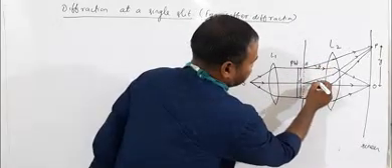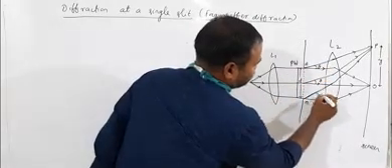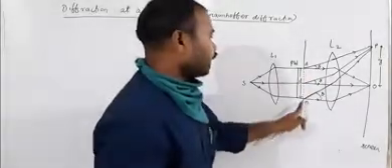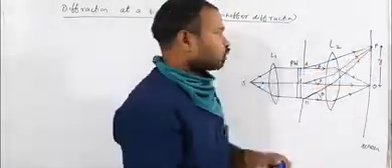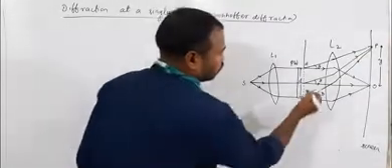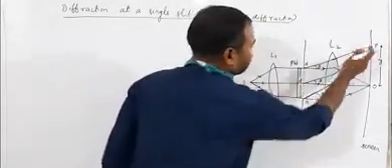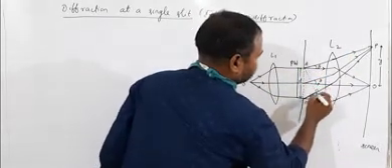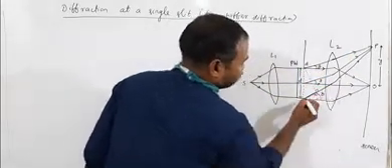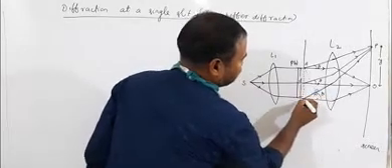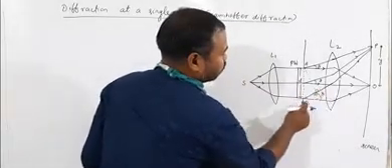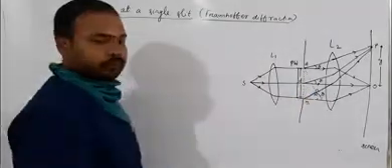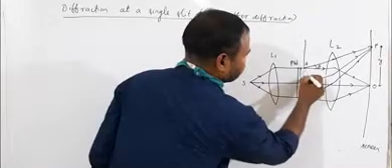See here, suppose this angle is theta, this angle is also theta. Now light from points A and B reaches point P. So what is the path difference from points A and B in reaching point P? Let us draw a perpendicular here, and I am taking this point as N. Now BN is the extra path or path difference between the two extreme rays passing through the two ends of this slit. Now this angle is theta also.